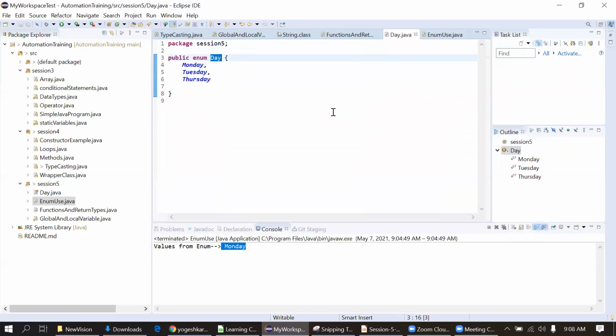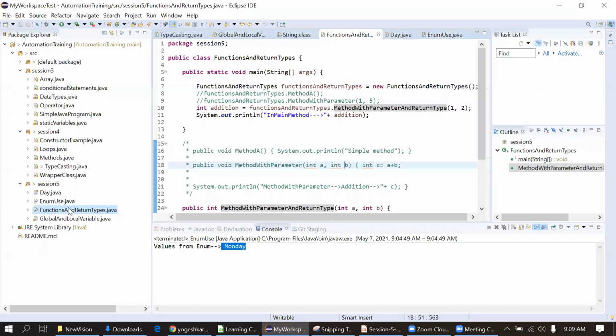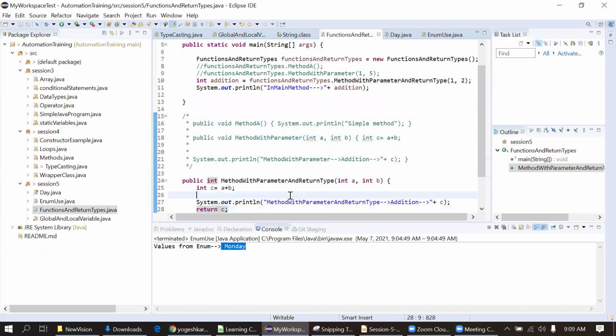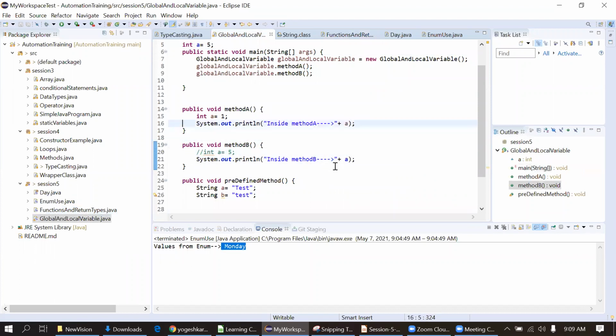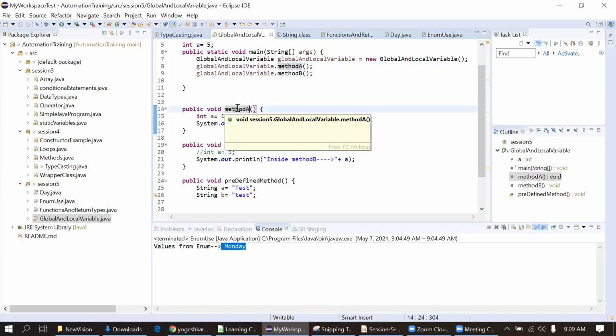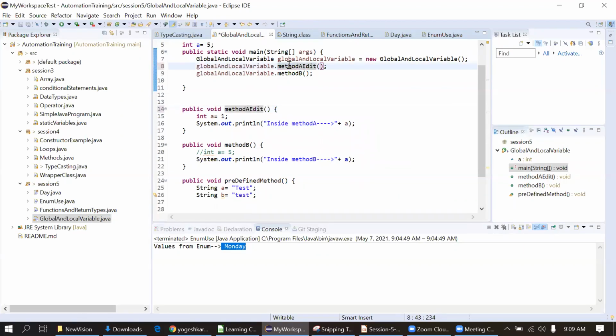Okay, I will show you one more example of the refactor, how it impacts. Now see, this method A is being used here as well. If I change this method name here itself, suppose method A edit, it will show an error here in method A. So we have to avoid that. Manually copying this class name and pasting it here in the main method is a bad practice actually. We should not do that.